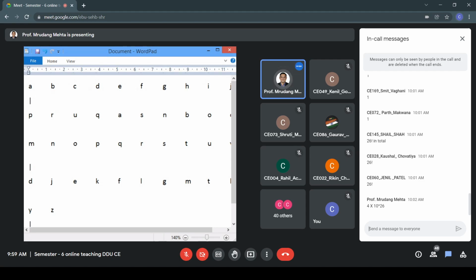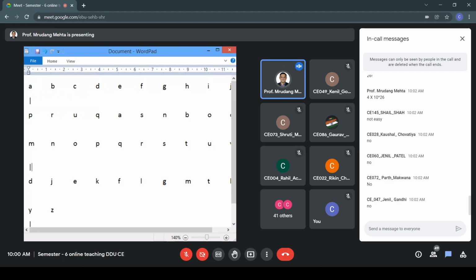is it easy for anybody to do the cryptanalysis? 10 to the power 26. Not easy, right? You cannot use the same method of cryptanalysis as you did with the additive cipher, because in additive cipher you had only 25 outputs and you could manually read the output, even if it is a long line of text. You can still produce it for 25 key values. But when the possibilities are large, 4 into 10 raised to 26, it becomes very difficult to guess the